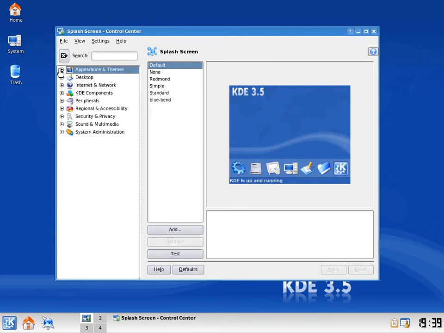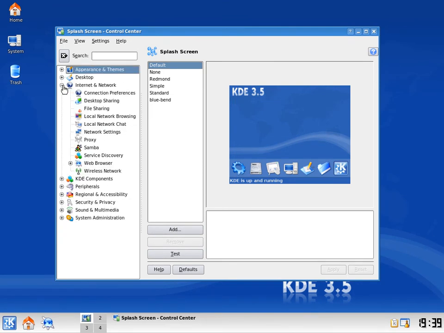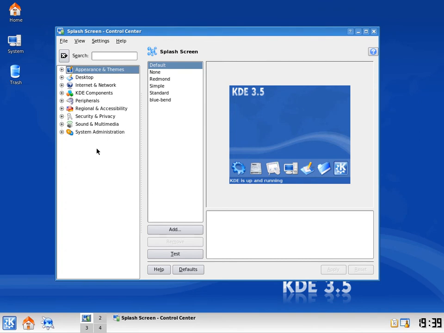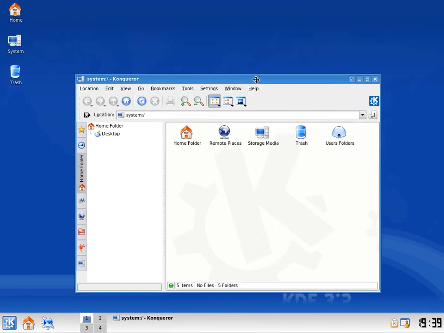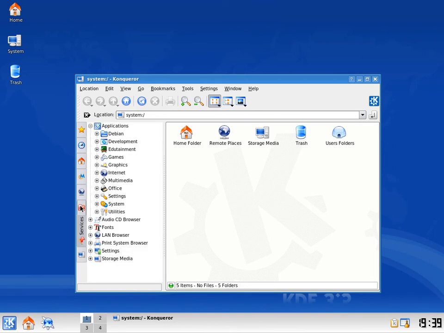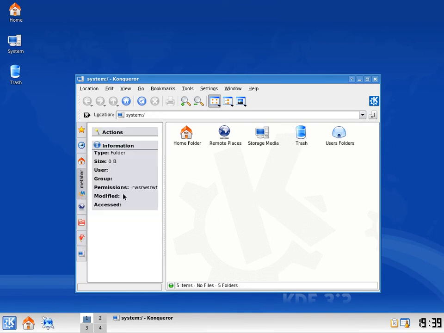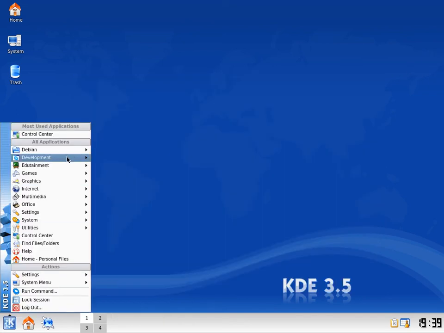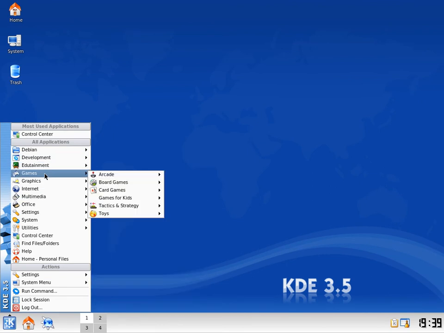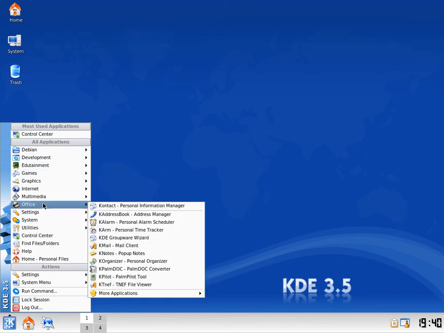Yeah, so they still have a lot of things. Desktop, internet, yeah, so basically the exact same. Really pretty much the exact same, just a refinement from 3.5.5. Just refinements. Nothing too much has really changed. I remember using this a lot back in the day too. Well, this 3.5 is probably the KDE I used the most, just because it was just so common. And of course, I didn't install KOffice in here either, I don't think, but it does come with a lot of